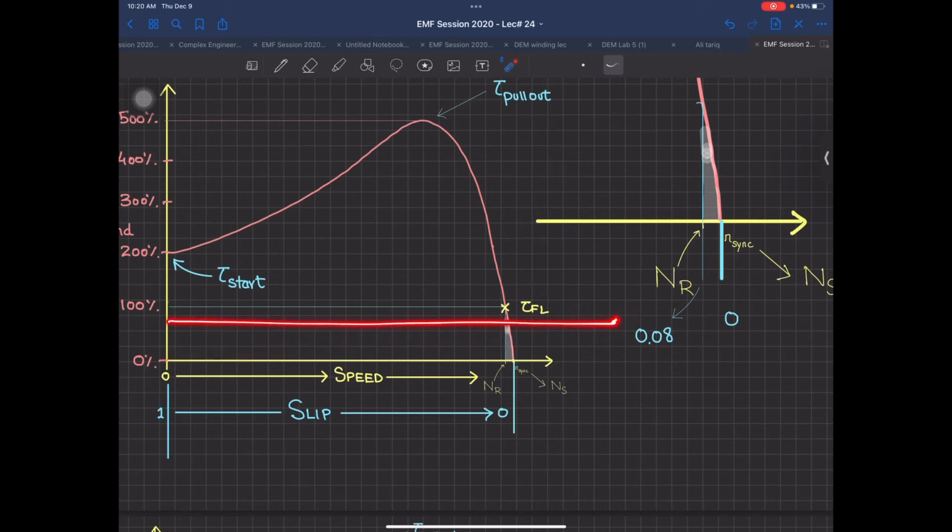Now I told you, I guess if you remember it, that your fridge in your homes or deep freezer is a constant torque load. और हम उसको इसीलिए भाग के बंद करते हैं because it is having a constant torque, which means कि अगर आप उसको run it at supposingly this speed also, it requires this much torque. You run it at this speed, it will still require this much torque.